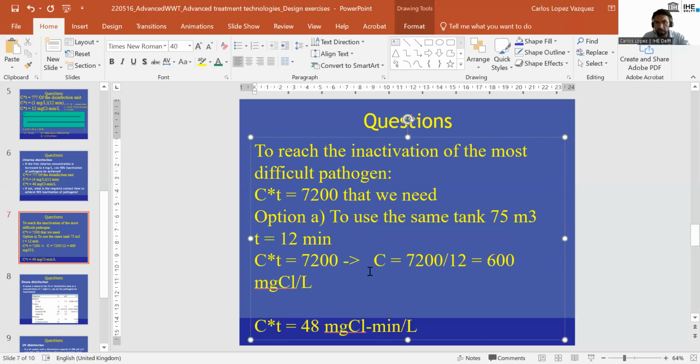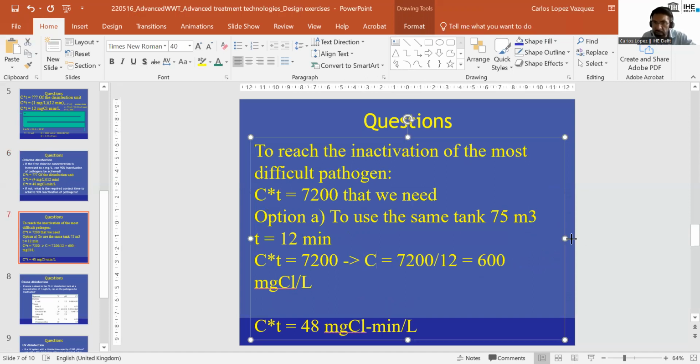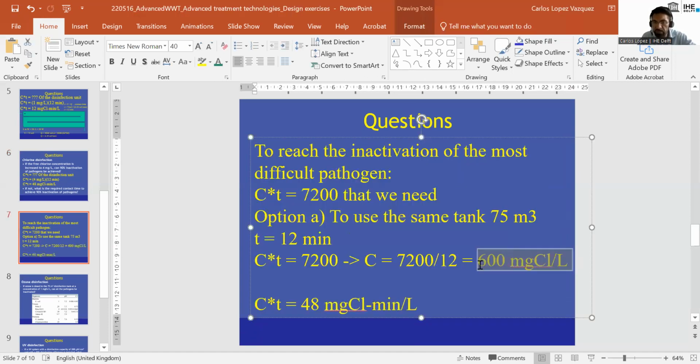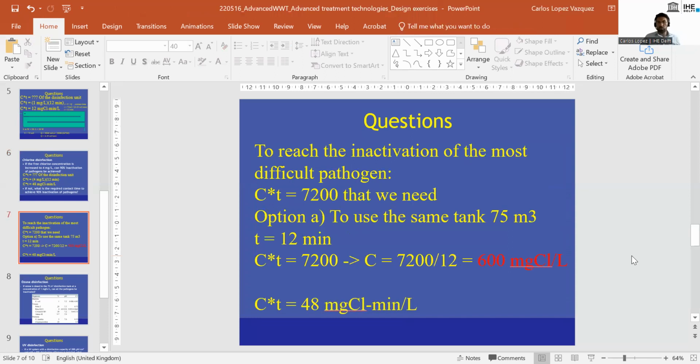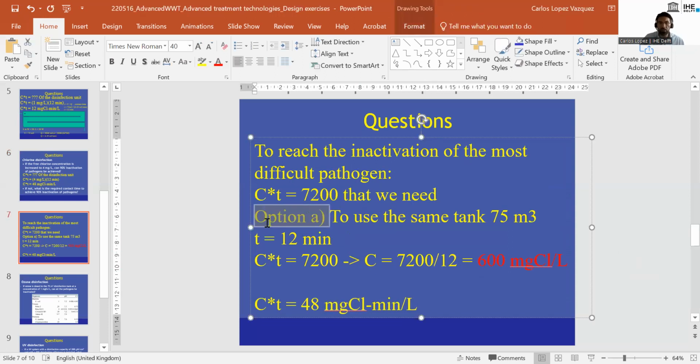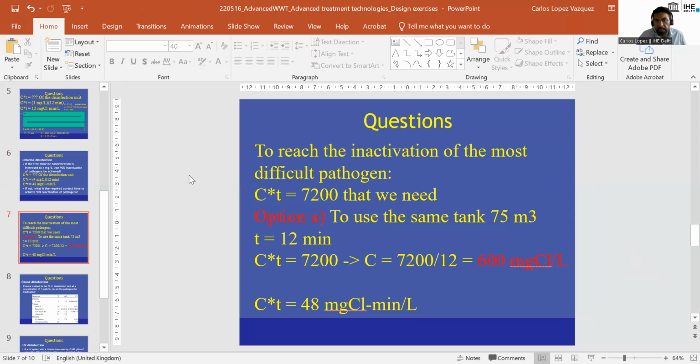This is not achievable. Chlorine cannot reach this concentration because of the saturation. So this is not feasible. So this option A cannot be applied because this very high concentration of chlorine is out of what can